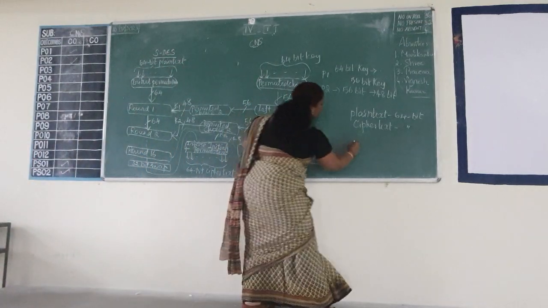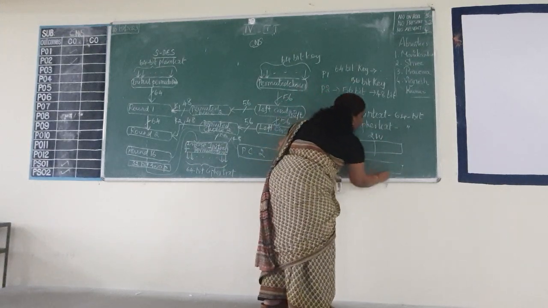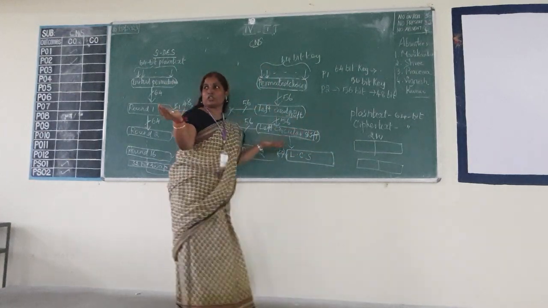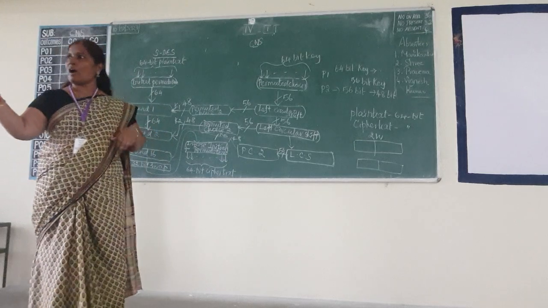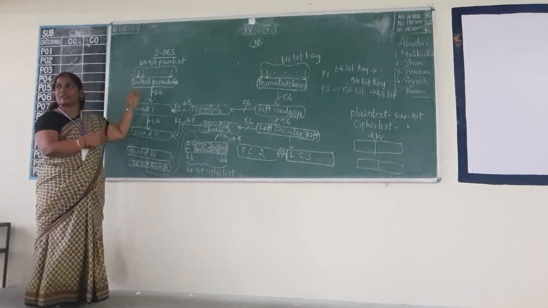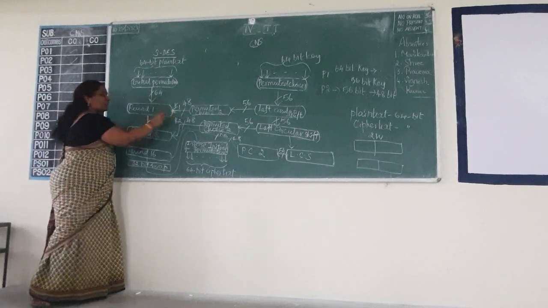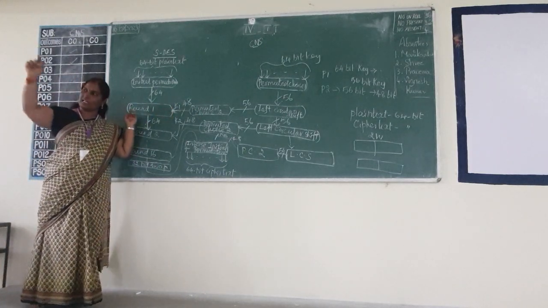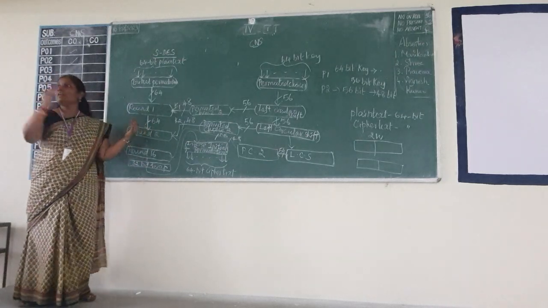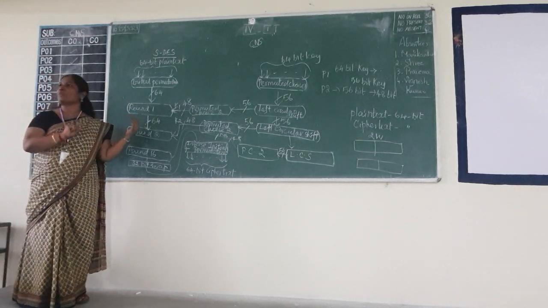Though we divide it into two halves, when we view the left half and right half together, it will be 64-bit only. One half is 32-bit, but on the whole it is 64-bit. So 64-bit data is sent to the round function. That is the Feistel cipher network. That principle is taken for the DES algorithm. It is not taken as it is. Please remember, only the principle is taken over here.